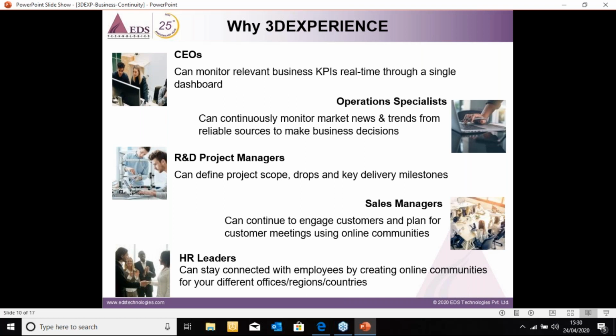Similarly, my operations or manufacturing team can have access to all the related business activities, shop floor activities, or manufacturing activities. All those relevant things can be accessible on the same platform. And then the R&D, the sales managers and the HR leaders, name any of the departments, be it technical or non-technical or downstream departments.